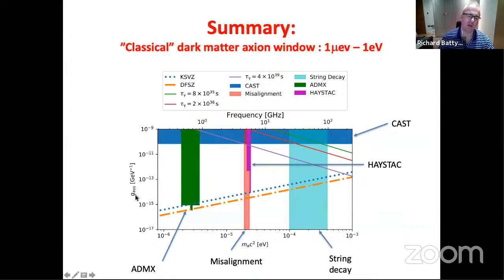The other dimension is g a gamma gamma, which is the axion to photon coupling, and that is one of the things that we're interested in. Note that there is an upper limit on g a gamma gamma around 10 to the minus 10 from the CAST solar helioscope,